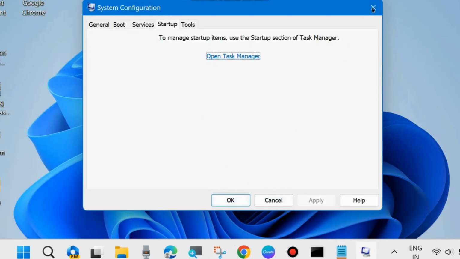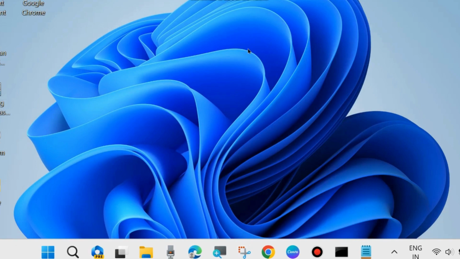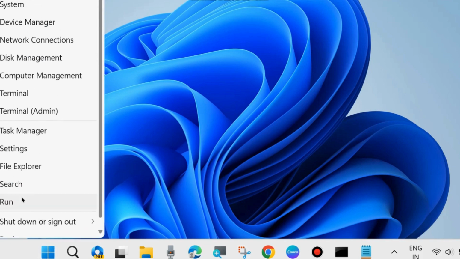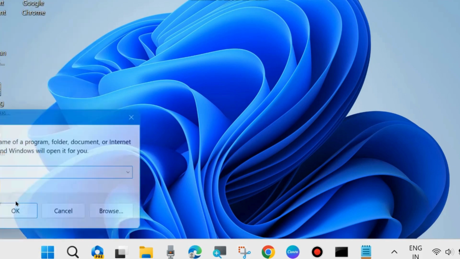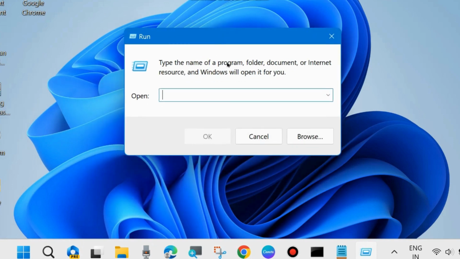The next method is to uninstall and reinstall the app having issues. Simply go to the Run command box by pressing Win plus R shortcut key, and here type appwiz.cpl